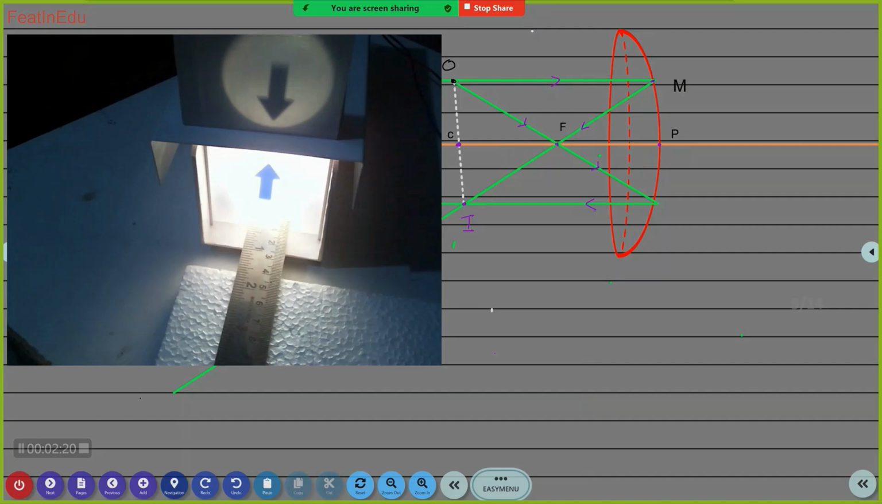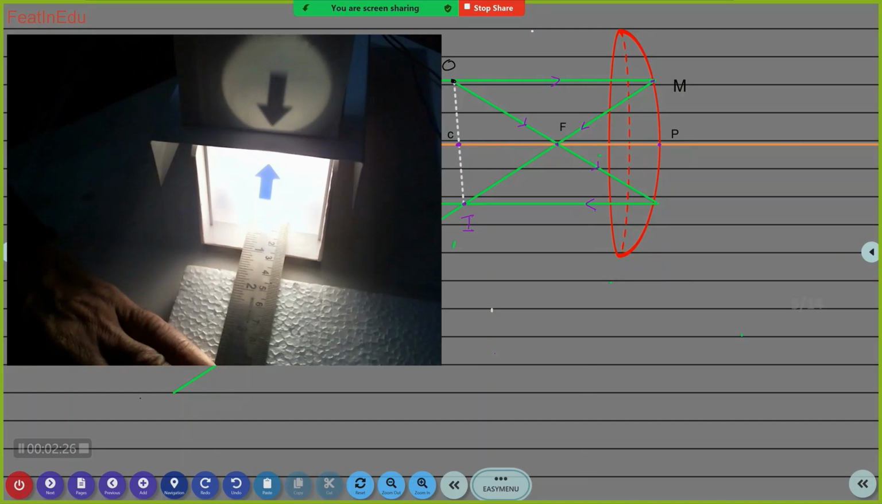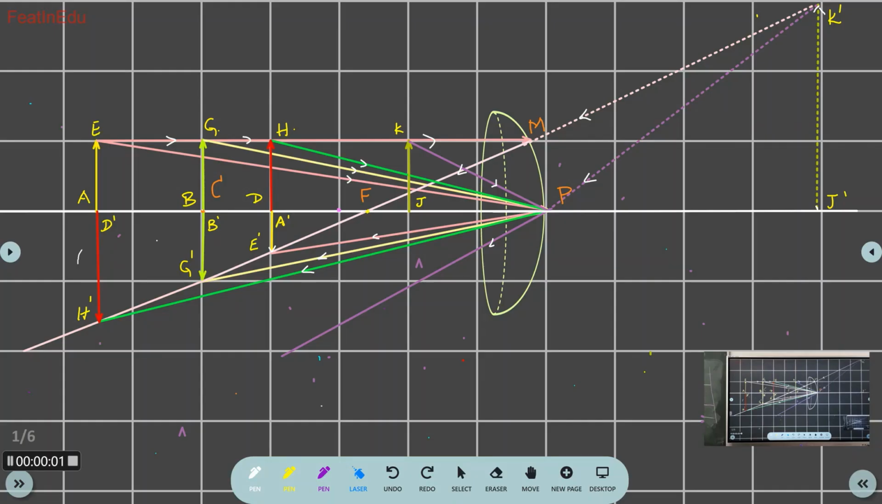Okay? Now you pull the mirror behind. That is, now I am pulling the mirror behind. I am pulling the mirror behind means it is as if the object is